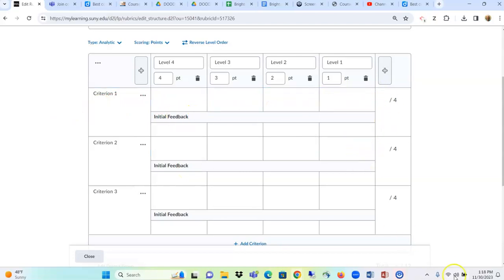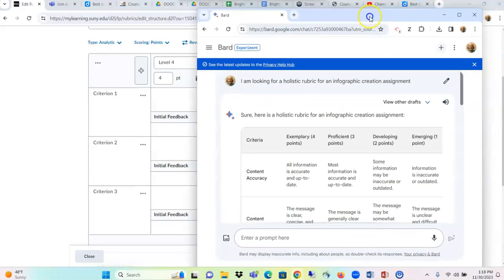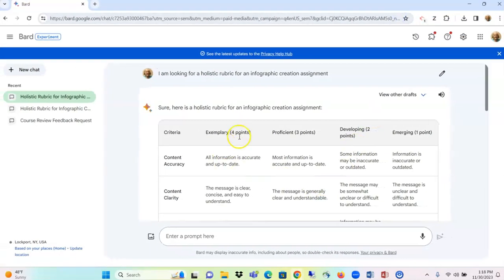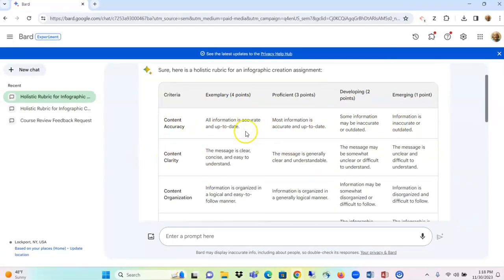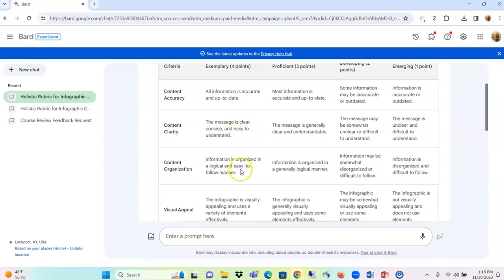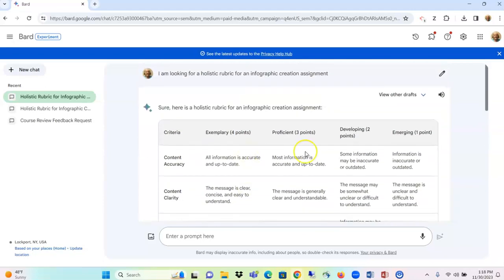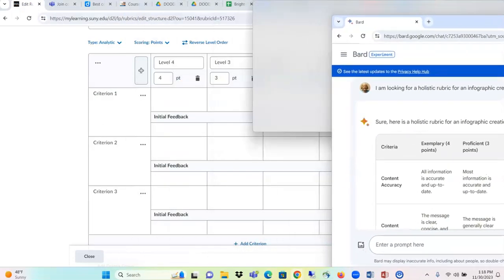Okay, so if I look back at that rubric that it generated for me, I can see that this one here actually has the 4 different levels. So I would keep that at 4 at this point. And then the criteria for each line, I can see here it gave me 1, 2, 3, 4, 5, 6 different rows of criteria. Okay, so if I go back to my rubric now,